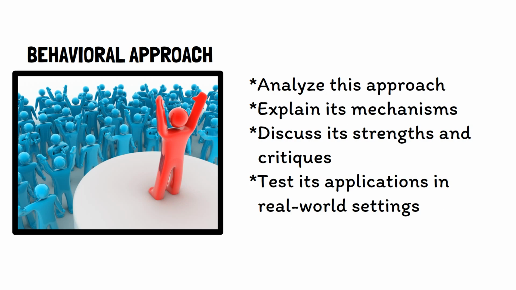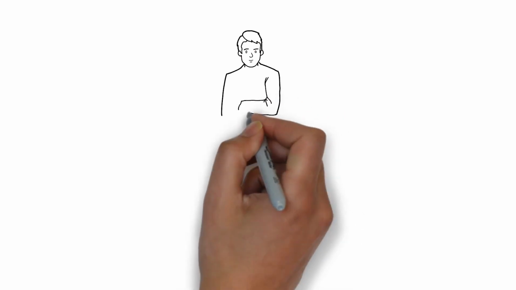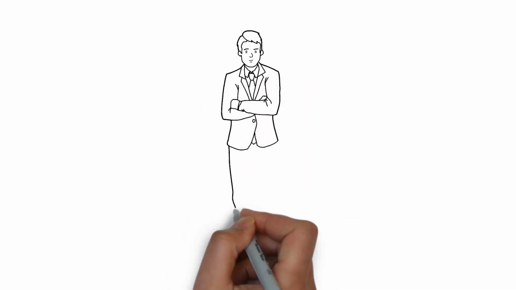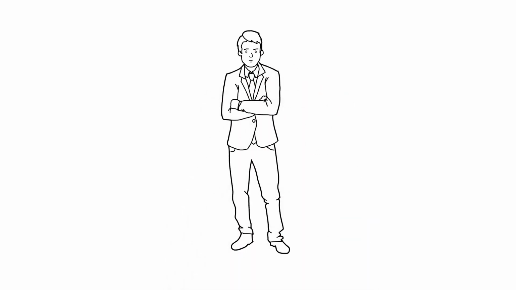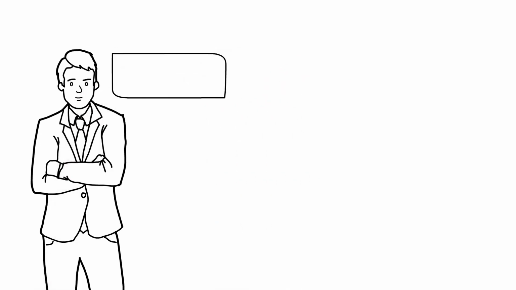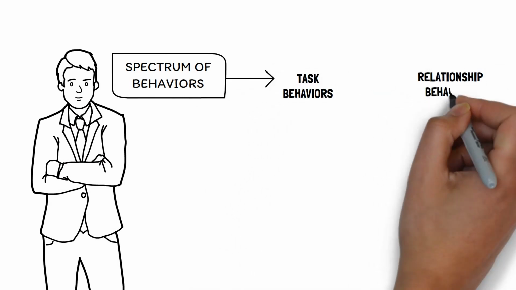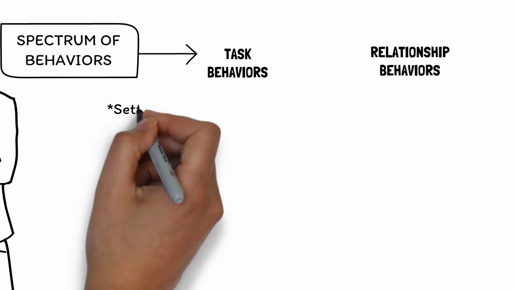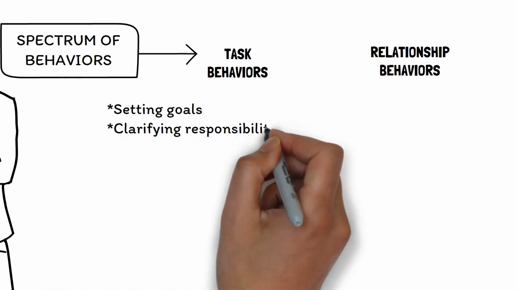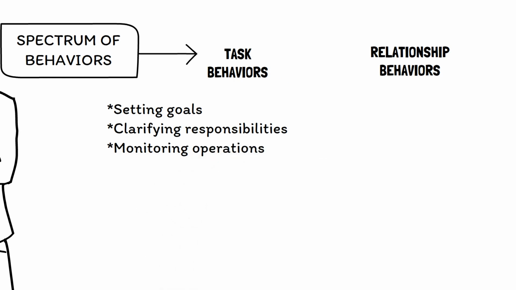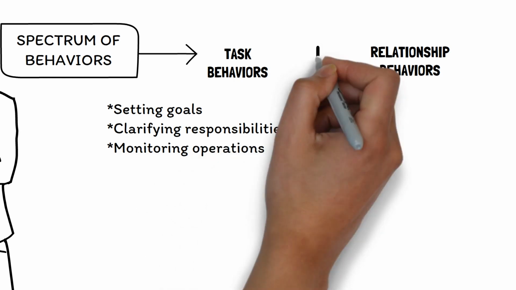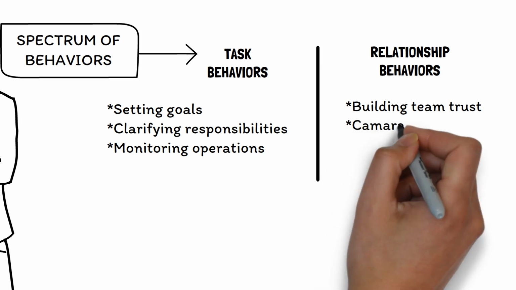real-world settings. The behavioral approach asserts that leadership is not a passive trait one is born with, but rather an active process expressed through behaviors. Leaders operate on a spectrum of behaviors that can generally be categorized into two domains: task behaviors and relationship behaviors. Task behaviors involve setting goals, clarifying responsibilities, and monitoring operations, while relationship behaviors focus on building team trust, camaraderie, and